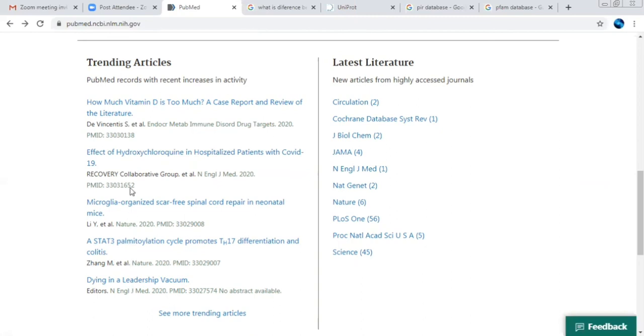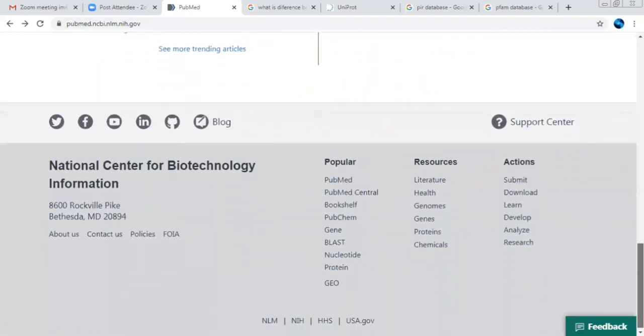So if you are interested, you can get some matching results with respect to your research from here. They have listed some records with respect to the trending articles, and the literature has been given with certain journal names. So if you are interested in any Nature journal or the Science journal, you can go and visit and see what type of literature or research publications they have included. Likewise, PubMed will contain this.